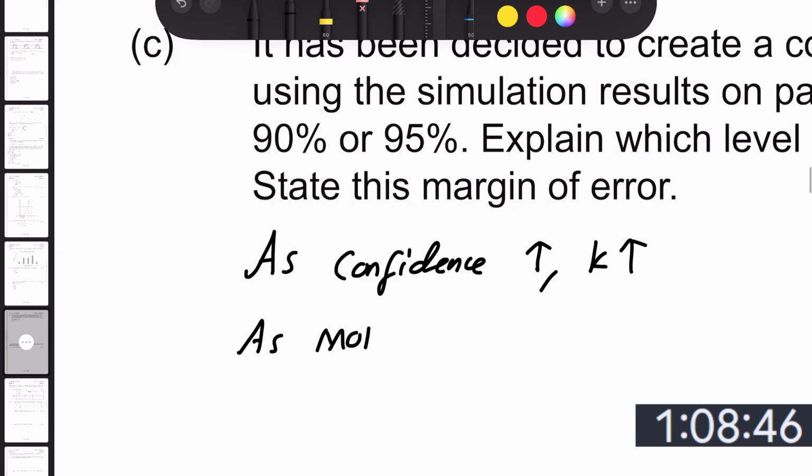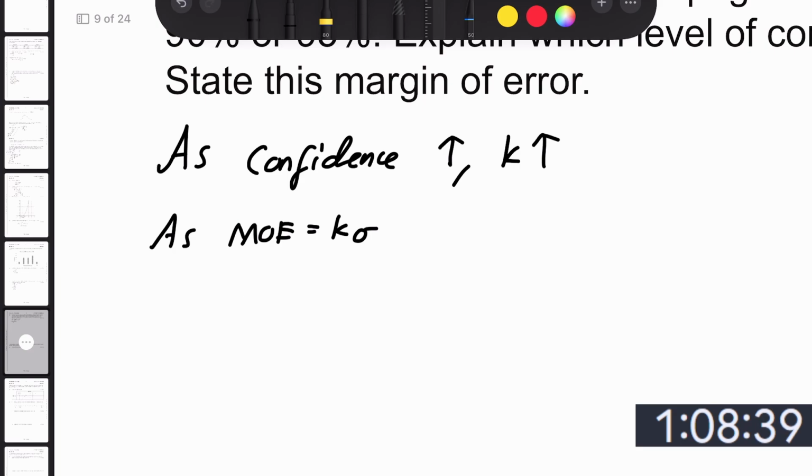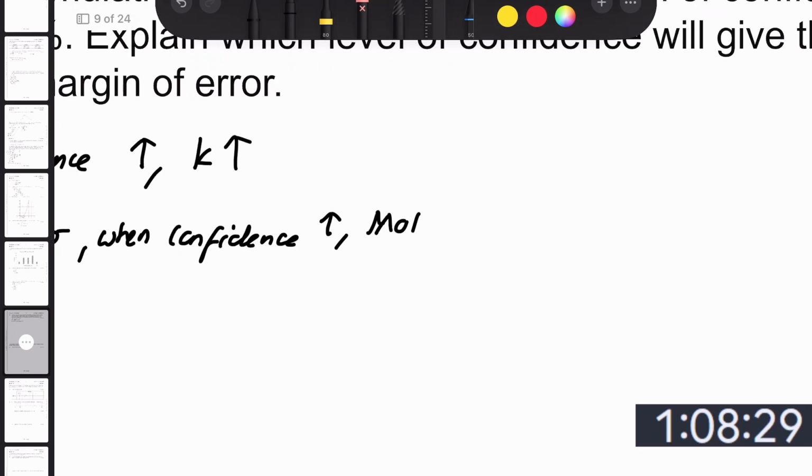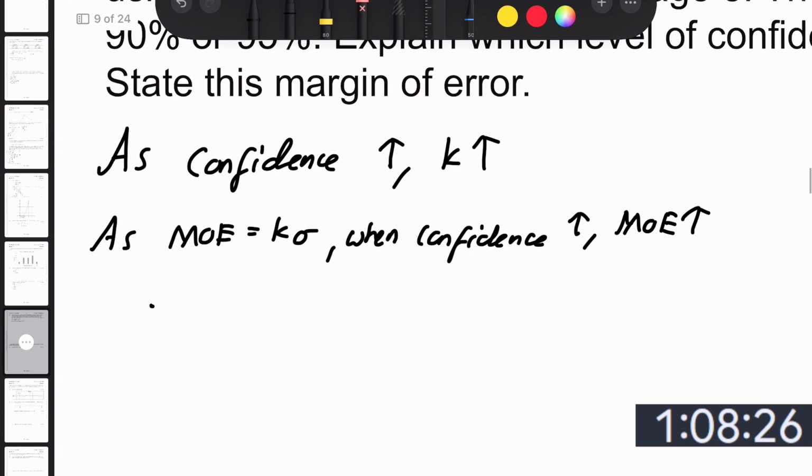As MOE is equal to k times the standard deviation, when confidence increases, MOE increases, therefore for smallest margin of error,